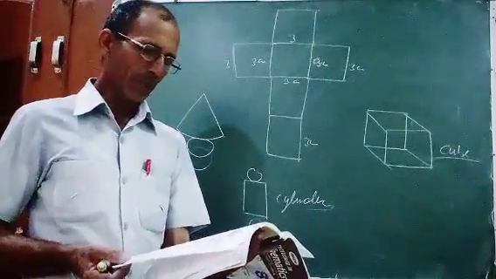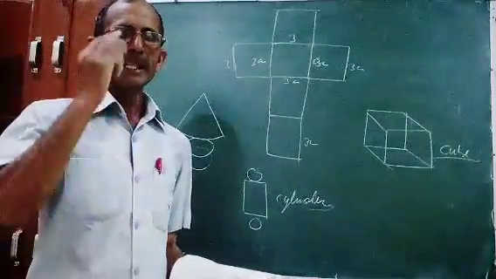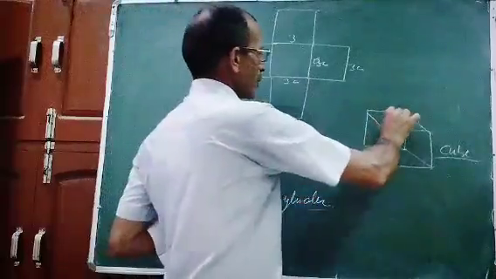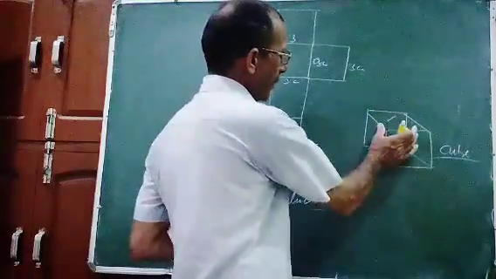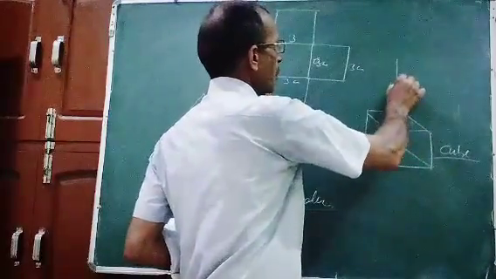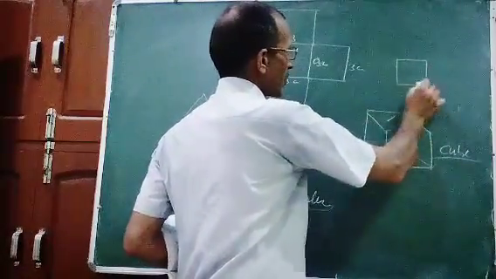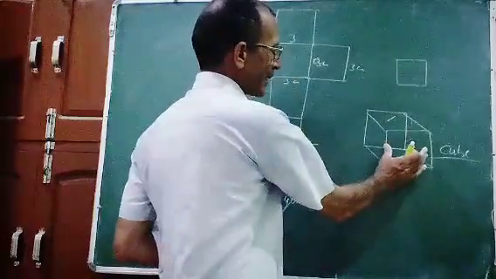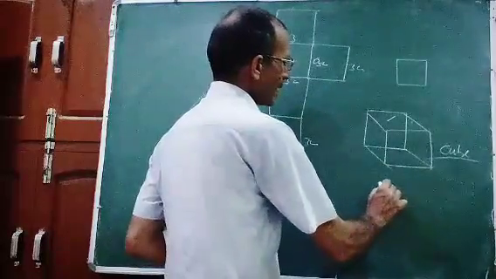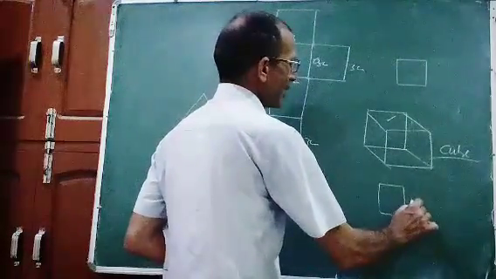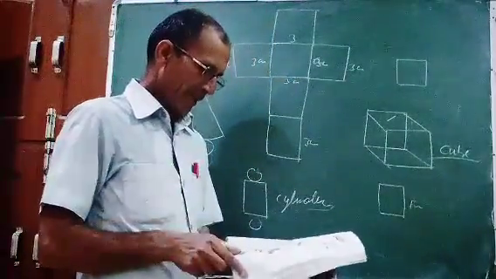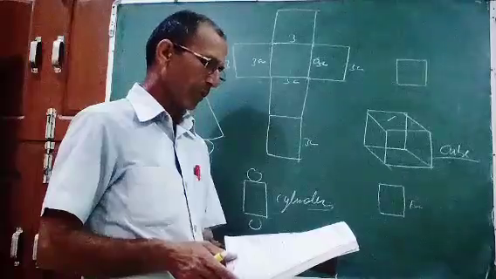Next also, you have to show the front view. Suppose we are standing on the roof. So this is the middle of the roof. If you have to represent the top view, from the roof we can see only this portion. So this is the top view. If you are standing in front of this, we can see only this portion. So this is the front view. By seeing, you can tell which portion you can see, and you have to represent it by shapes. So exercise 8.2 is also very simple.